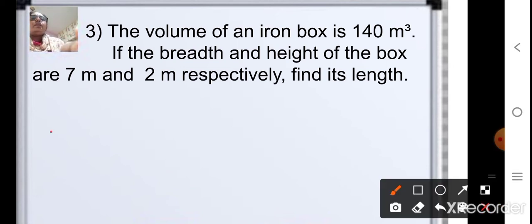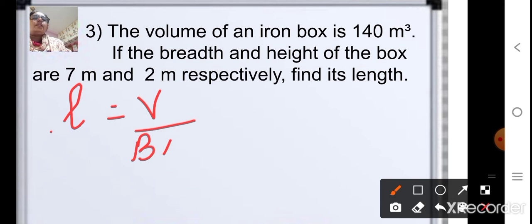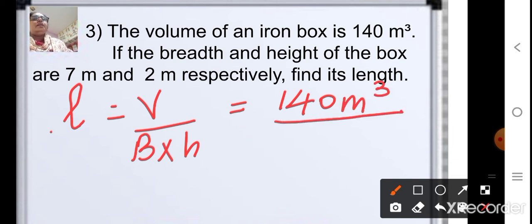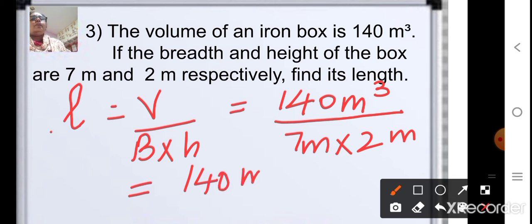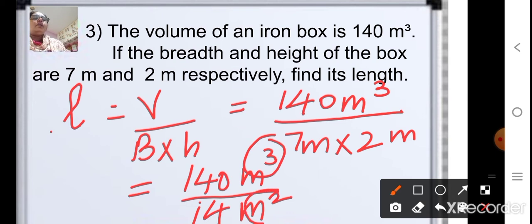So to find the length of a cuboid, your formula is volume upon breadth into height. So your volume is 140 cubic meter upon breadth is 7 meter into 2 meter. So that will be 140 cubic meter upon 7 twos are 14 meter square. Now here it is cubic meter and here it is meter square. So when you divide 140 by 14, your answer is 10